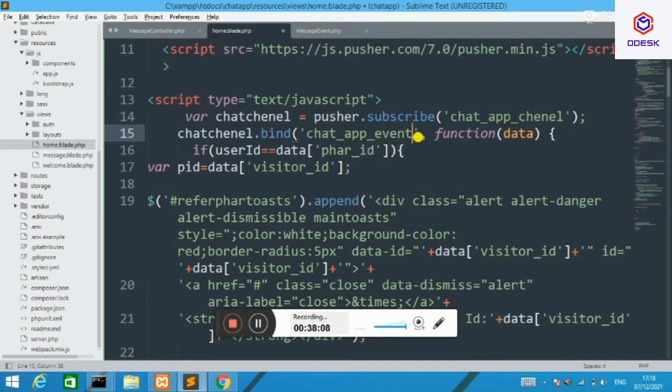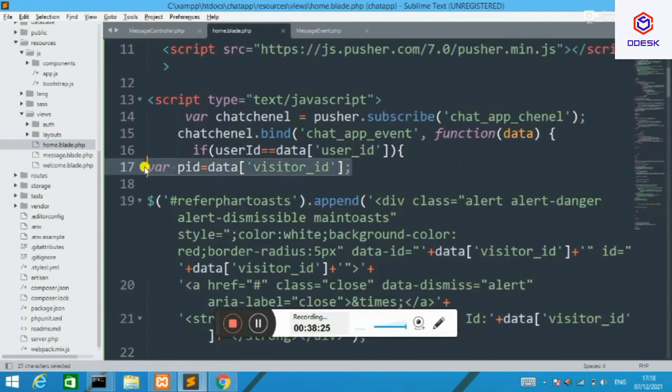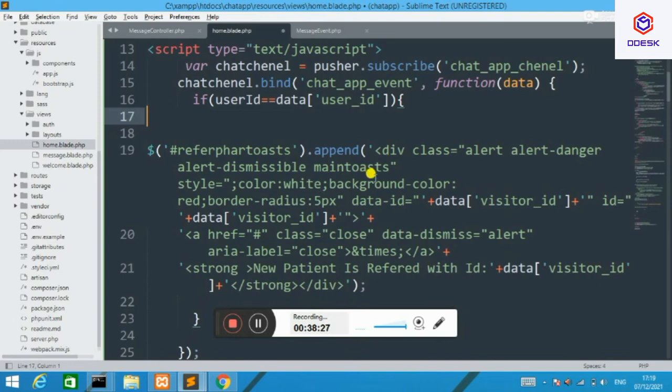Okay, fine. Here is a user ID. This is the ID of the user who is logged in, and the second data user ID is the ID which is broadcasted by the sender.